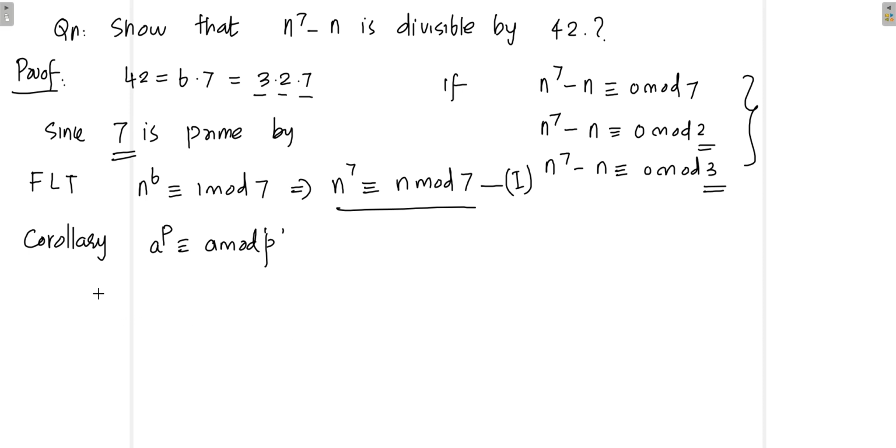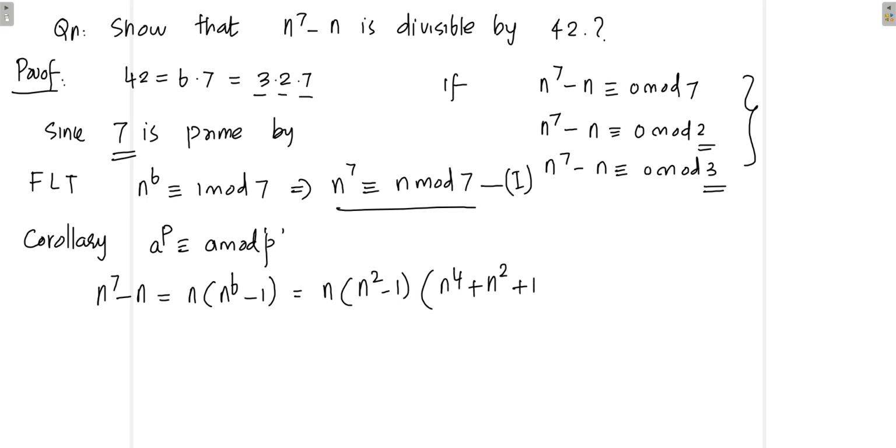Next is നമ്മൾ അടുത്തത് n raised to 7 minus n. ഇനി നമുക്ക് പ്രൂവ് ചെയ്യേണ്ടത് it is divisible by 2 and 3 എന്നാണ് പ്രൂവ് ചെയ്യേണ്ടത്. So this is n into n raised to 6 minus 1. Okay. So this is n into n square minus 1 times n raised to 4 plus n square plus 1. Okay. So ഇത് ഒബ്റ്റെയിൻ ചെയ്തത്